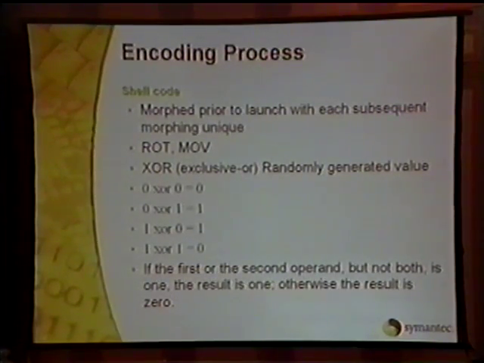And the XOR value here is basically a randomly generated value. What XOR does is basically takes the binary byte, and if the first or second operand, but not both, is 1, then the result is 1. Otherwise, the result is 0. The thing about this is that